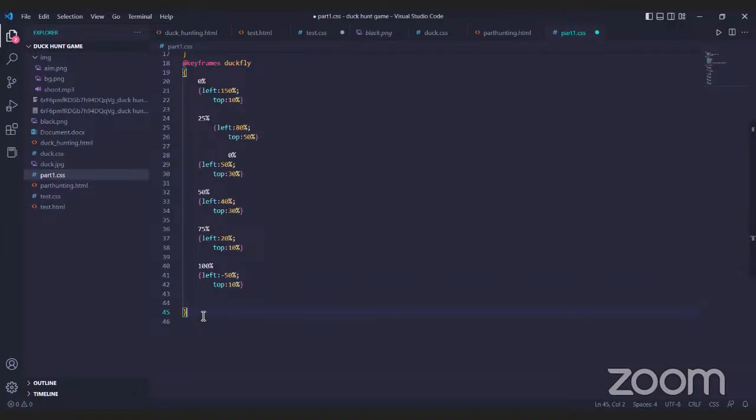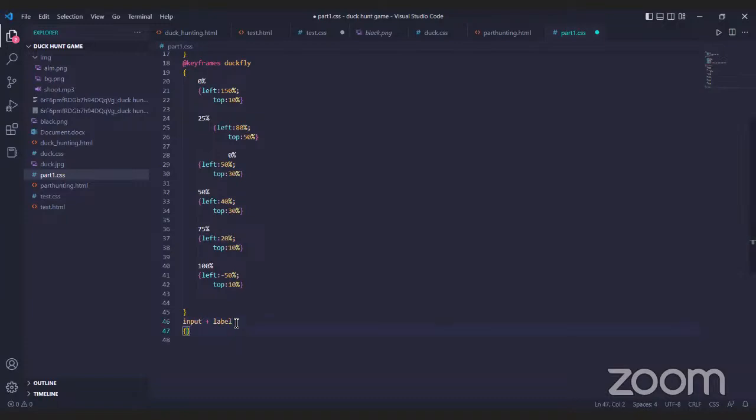Okay, so after the keyframes, once we have done with this, what I want is that when I give the input and the label, means both. So label is the class that I give to my bird, and input is the checkbox that I made. So when I click on that, then something is going to happen. Okay, that's what I want. So I will give both, like input plus label,